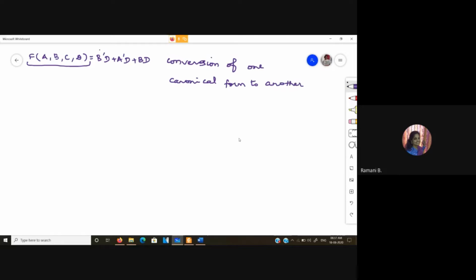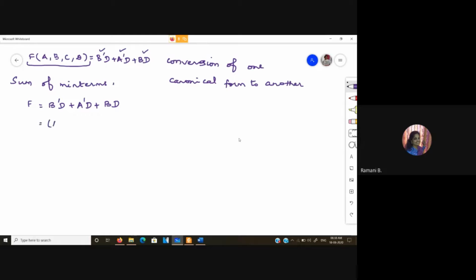Let us consider these as the AND terms. Let us include the missing terms in it and find the sum of min terms first. So for the sum of min terms, we have f equal to b bar d plus a bar d plus b d.